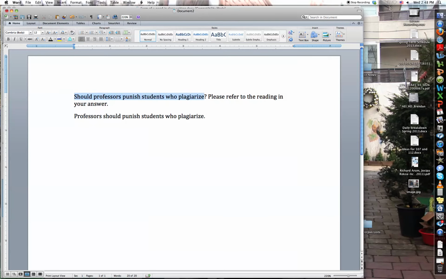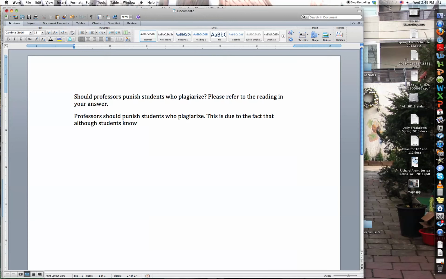Should professors punish students who plagiarize? Okay, my answer, yes. Professors should punish students who plagiarize. I'm going to try doing the same thing here. I'm going to provide a reason. Based on the reading that we had, I can think about it like this. Well, a lot of students do know that plagiarizing is wrong, and they choose to do it anyway because they're lazy. Okay, well, I'm going to put that in there. I'm going to use a transition that shows that it's a reason. This is due to the fact that